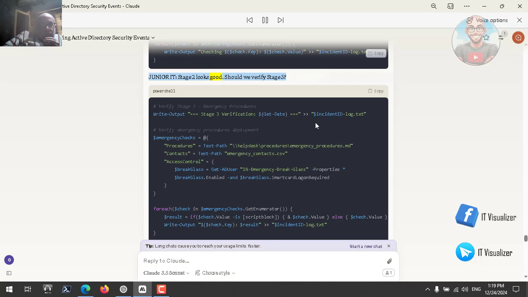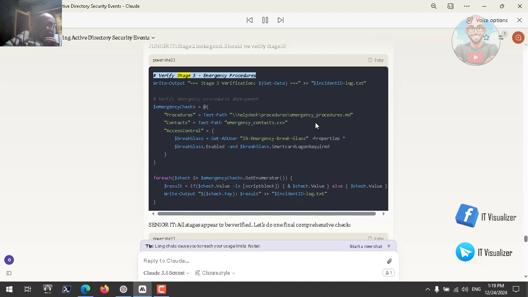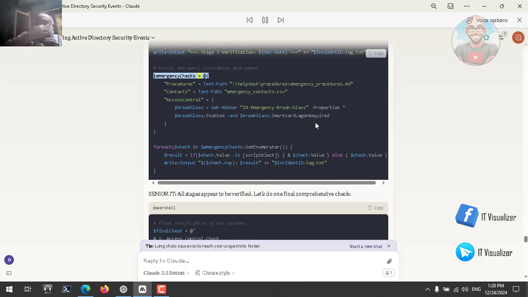Junior IT: Stage 2 looks good. Should we verify stage 3? PowerShell: # Verify stage 3. Emergency procedures. Write output equals stage 3 verification. Get date equals $incidentID log.txt. # Verify emergency procedures deployment. $emergencyChecks equals @{procedures equals test path